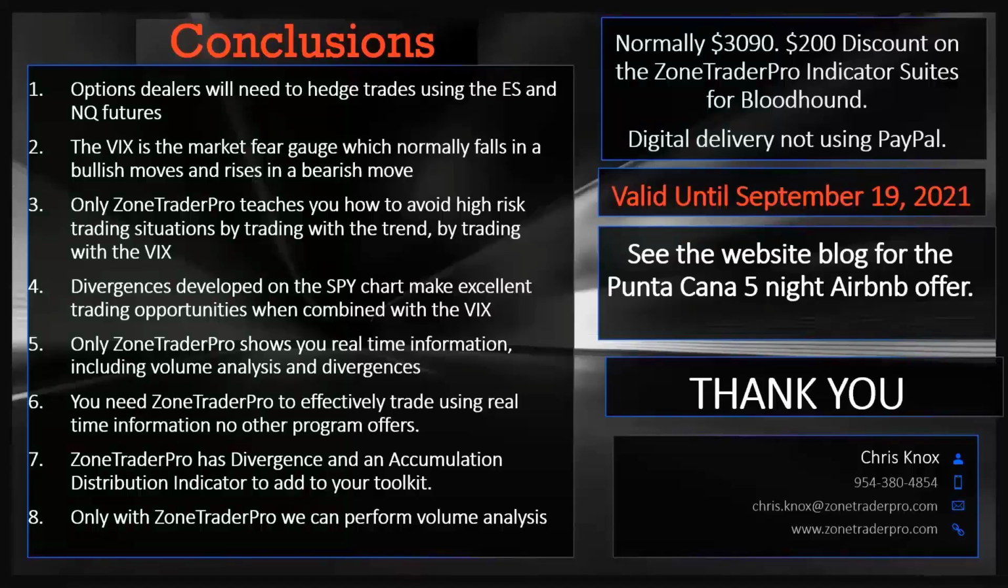To wrap up the PowerPoint part of this, basically what you need to understand is options dealers, they just need to hedge their trades. And if we are trading with those options dealers, it makes it a whole lot easier. The VIX is that fear gauge, which normally falls in a bullish move and rises in a bearish move. There are actually times that it does not do that, but we're talking about 90% of the time,